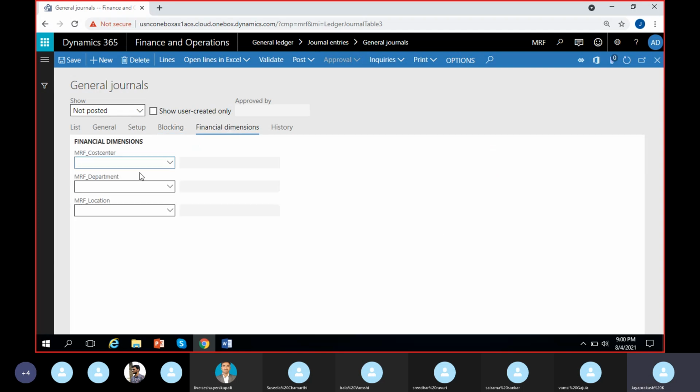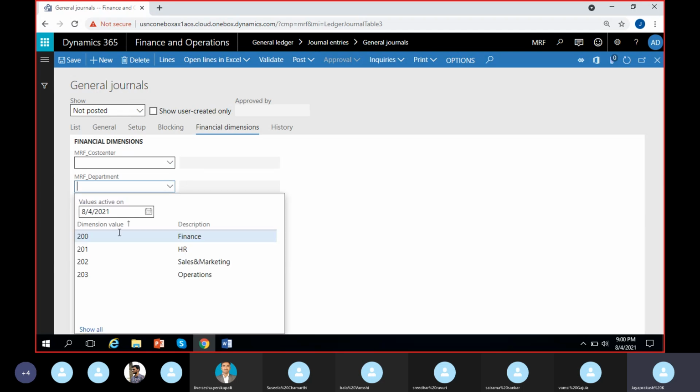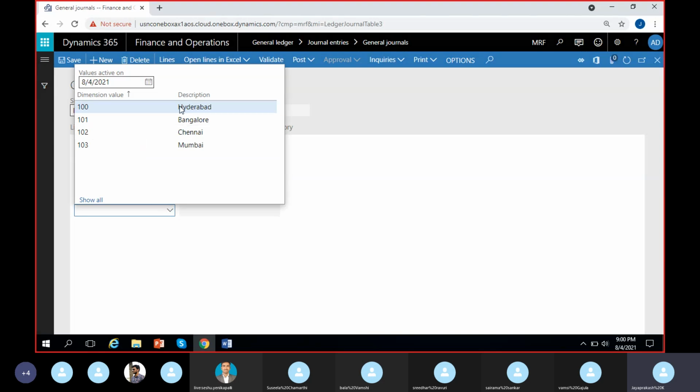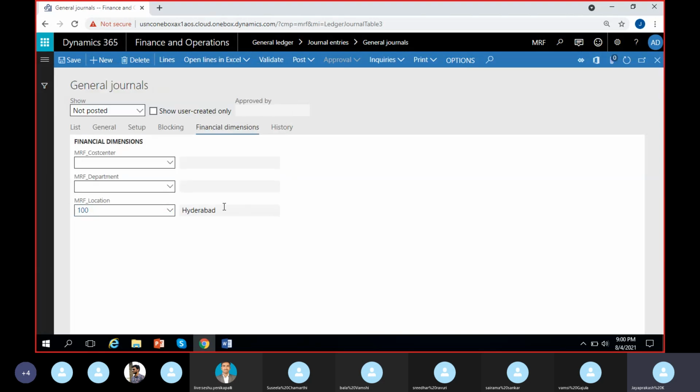Then I can give default financial dimensions at the header level, such that whatever vouchers I create in the journal, all the vouchers will automatically take the default dimensions. So if I select the rent account and select the location as Hyderabad, suppose I create 100 vouchers, for all of them Hyderabad will be defaulted. Along with the main account, the Hyderabad dimension value will get defaulted